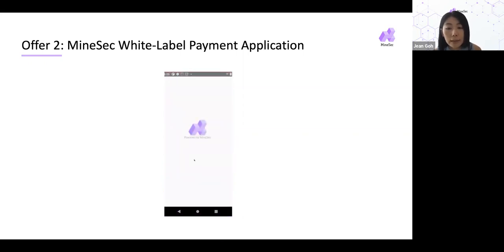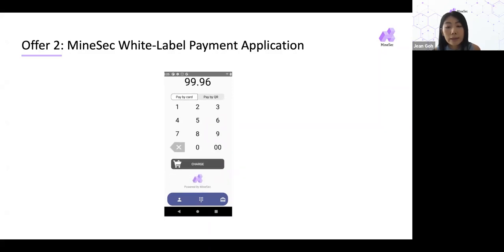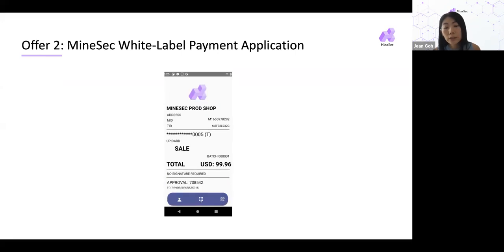Now, first, we see that the application is loading. And the first screen that we will see would be the merchant login screen. So once the merchant keys in the username and password, then we can see that once the login is successful, the merchant can now enter the amount, and then initiate the transaction, where the cardholder can now tap their card onto the phone, and the payment app will show that the transaction is authorized by the acquirer. And then we can see that the app